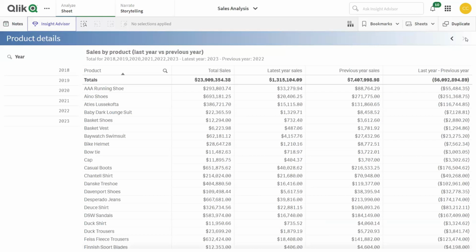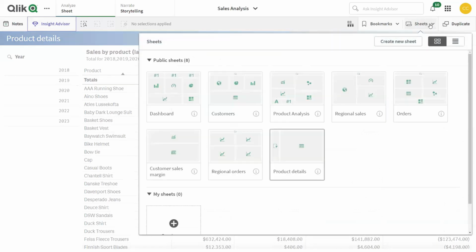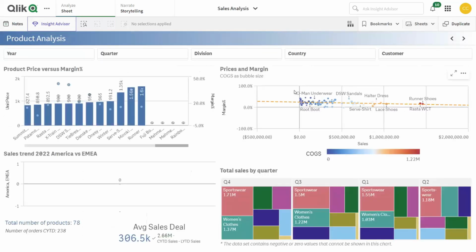This looks like a great demo app. But let's assume we've got this business user. Let's just take a scenario where we try and answer a question about which products have the better margin. How can we try and answer that question with this app? Since your question relates to products, what I would do is to go to a sheet where the products are more displayed. Okay. We're trying to answer the question about product margin, and I see margin in the title of